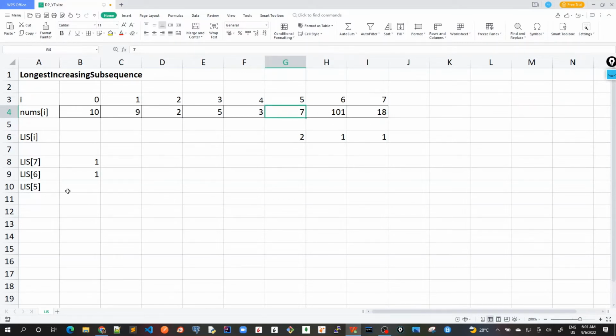So say just for LIS 5, I can see that it can be at least 1 if I just choose this element, so it would be 1. And then I will include the next element, LIS 6, only when this is less than this. 7 is less than 101. So we can choose this. So it means that it should be